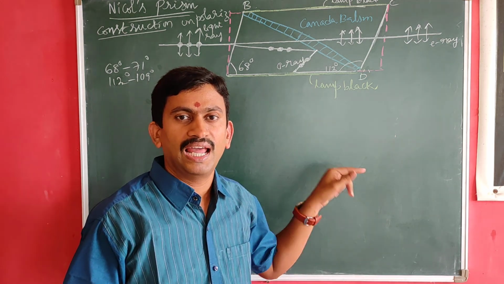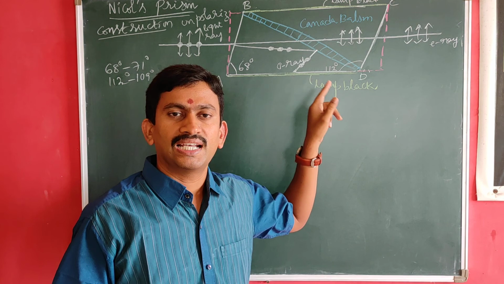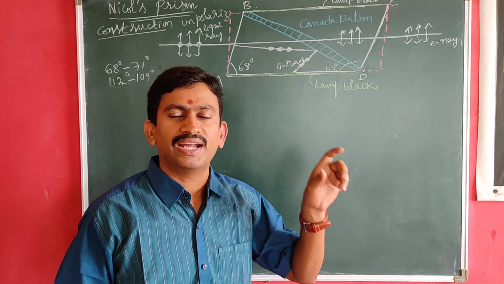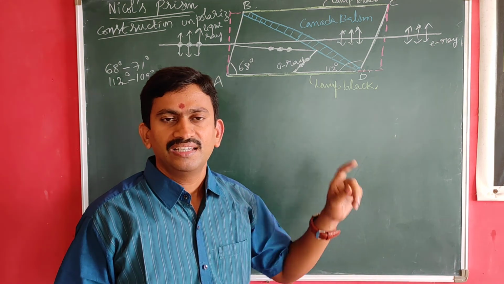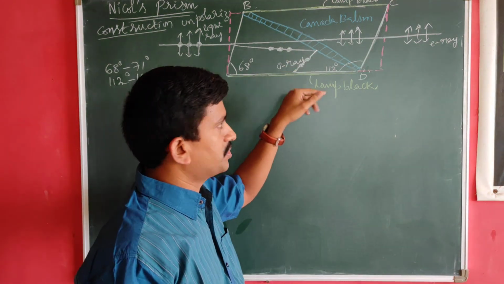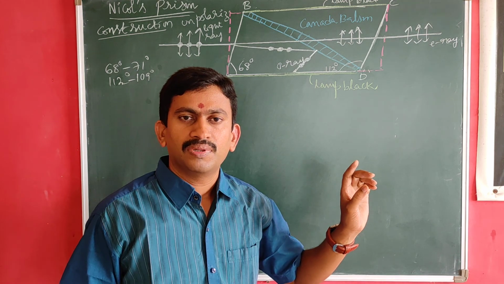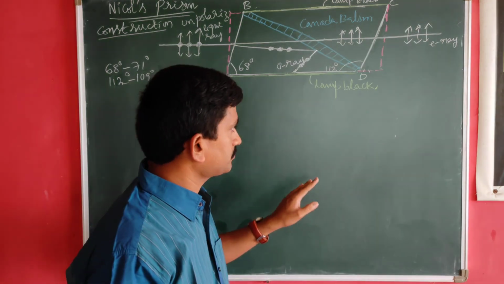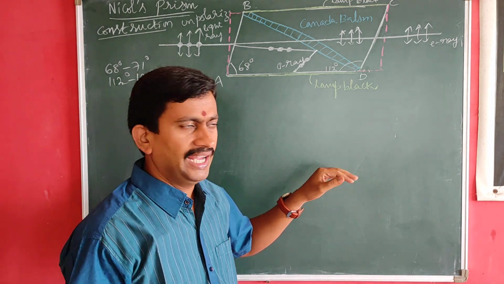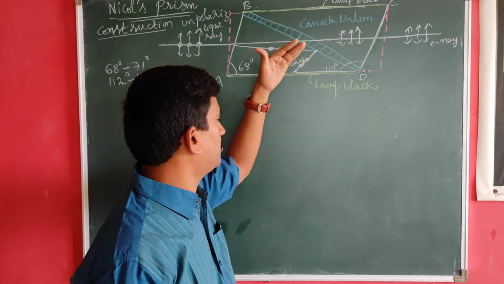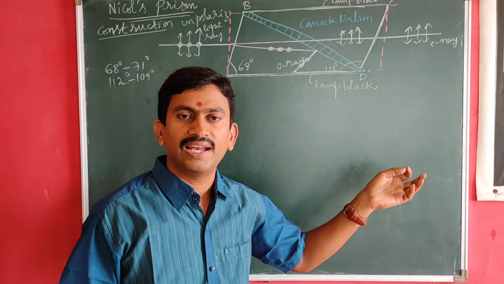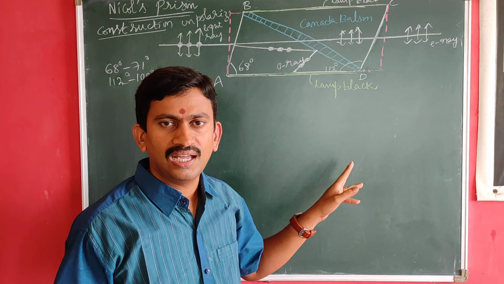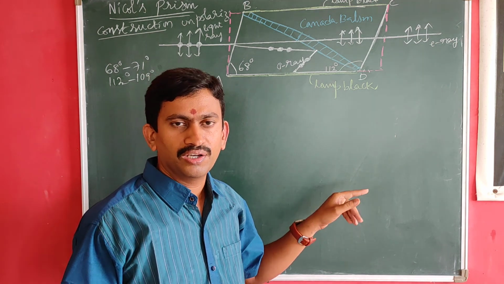Why is it coated with lamp black only? Because lamp black is considered to be a perfect black body. Hence he coated these two surfaces. Perfect in the sense of a practically perfect black body. That means whenever light is incident on the top and bottom surfaces, that light is completely absorbed by the lamp black material. This is the construction of the nickel prism.